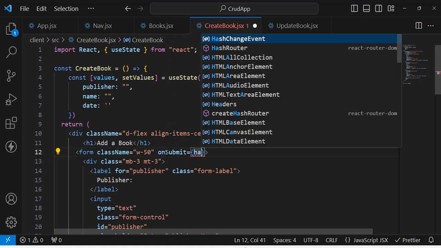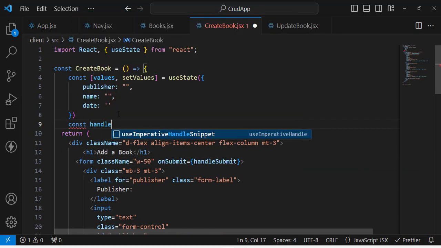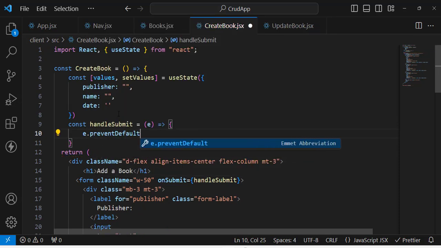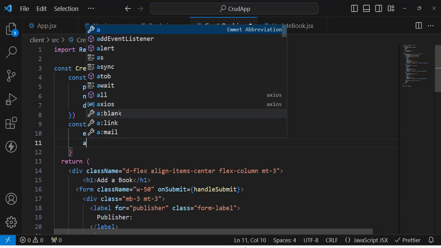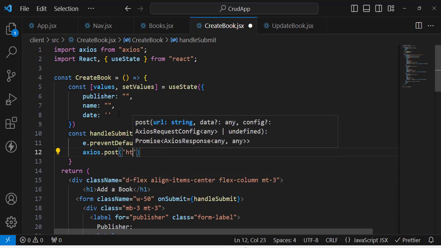We will call handleSubmit function. Now let's create this function. const handleSubmit function is equal to, here we will get an event, e.preventDefault. It will prevent the default submission, and here we will use axios. Now import axios as imported. Dot post. Okay, now we will use post method to post the data, and here we will use the URL